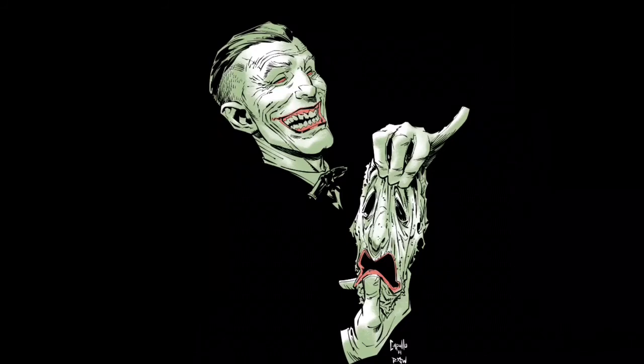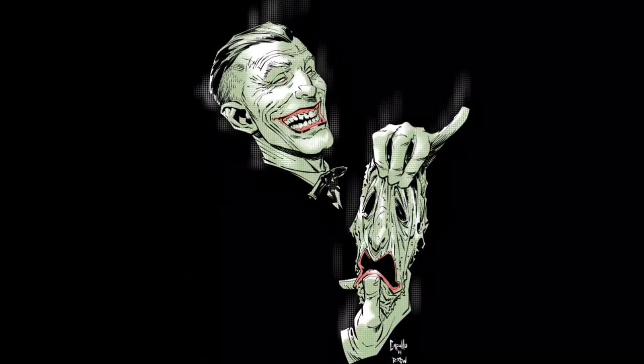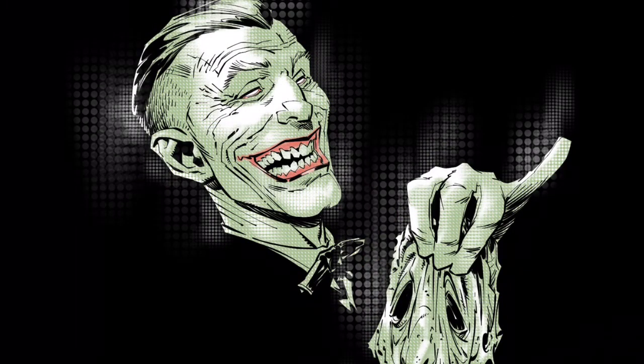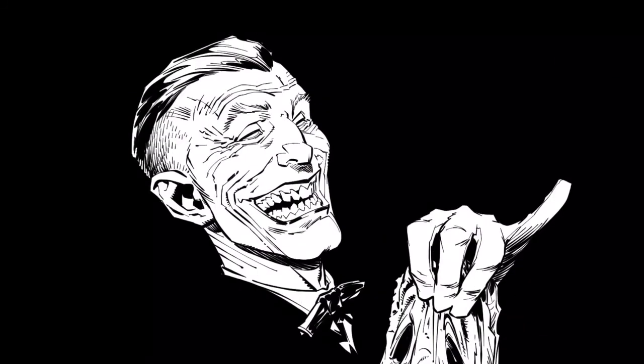Now I'm going in with brighter colors. I really want to make it feel like there's a bright light hitting him, like he's on a dark stage with just one light. Add a little texture with the decimals and then saturate out the light there. So, there you have it. Pencils, inks, and some colors